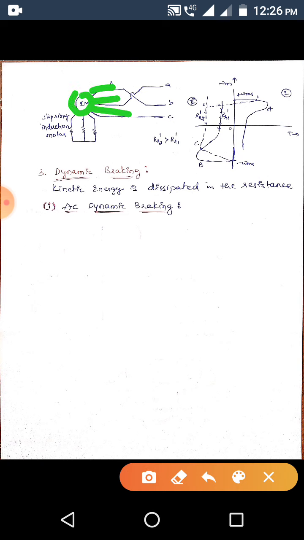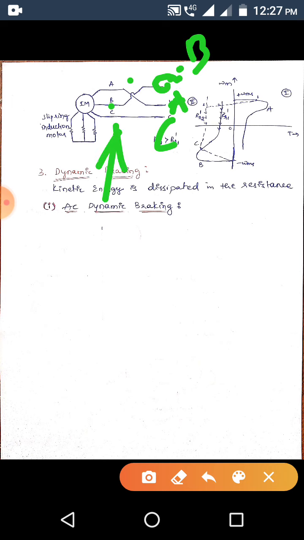So we have phase A, phase B, phase C. If you reverse the supply voltage, then after changing, A becomes B and B becomes A. It means whatever the A point was, the supply voltage will now be B, the B point will get supply voltage A, and C stays C. Initially the supply voltage to the induction motor is in the order A, B, C, but when we connect it to some inverter, the supply voltage will be reversed, B, A, C.